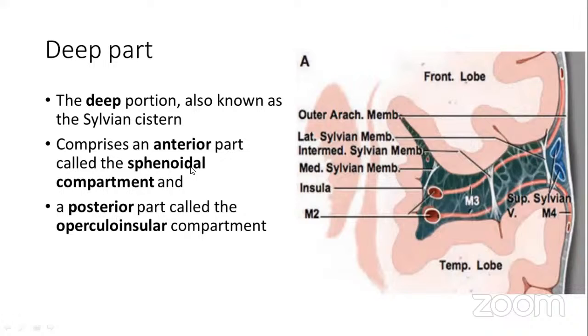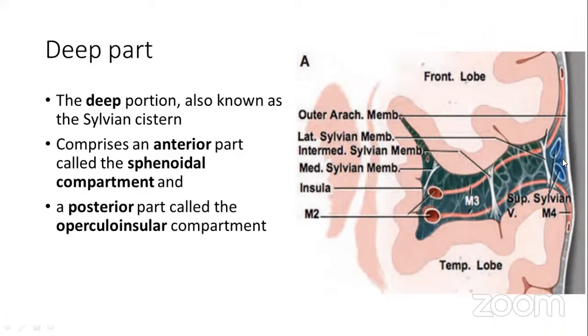Regarding the deep portion of the Sylvian fissure, it is also termed as the Sylvian cistern. It has two parts: the anterior part that is the sphenoidal compartment, and the posterior part that is termed as the operculoinsular compartment. In later diagrams, we will be having the division of these both parts that form the deeper part of the Sylvian fissure. This is the coronal picture of the same Sylvian fissure, in which we can see how the access to the